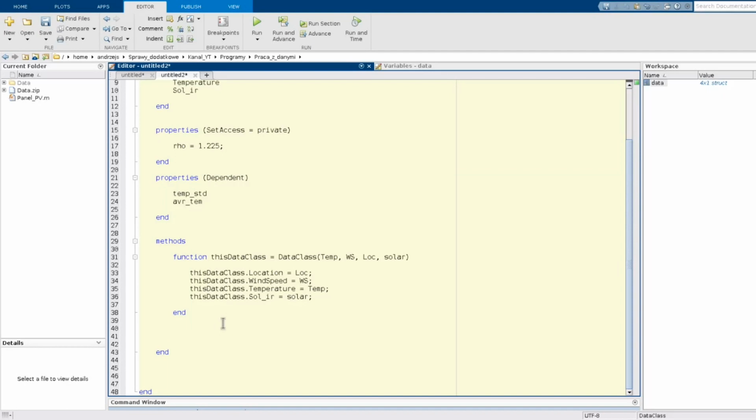Function, and now there is a specific syntax for a getter function. The name of the dependent variable, in this case temp std, and now get dot the name of this variable, temp std. Then the argument of the function would be the object of this class, this particular object of the data class.